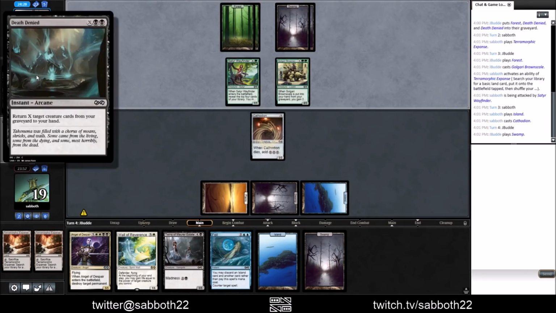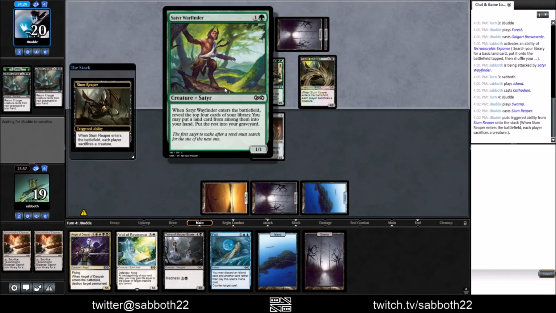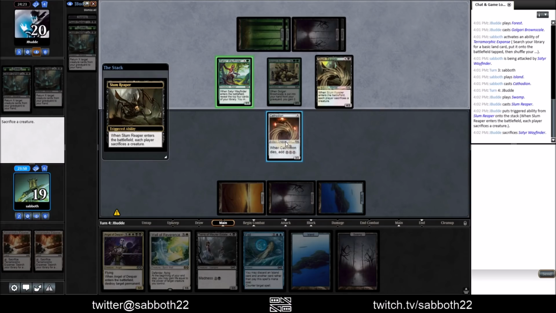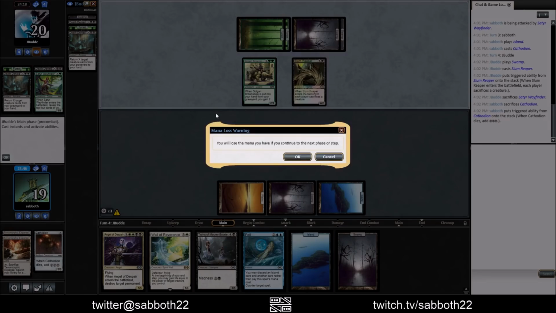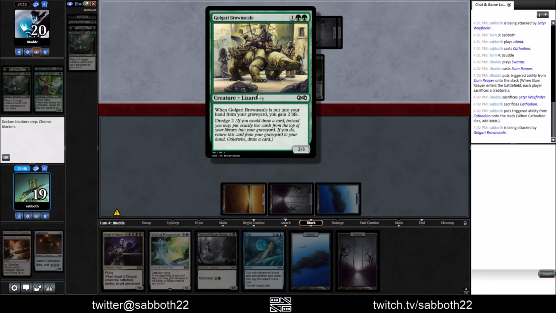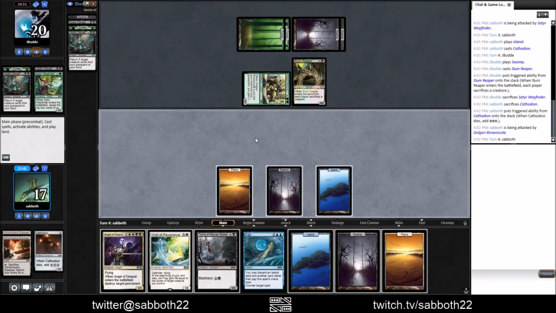What is going on here? How did they get so many cards in their graveyard? With the Wayfinder? Land to your hand, and they got a swamp to their hand. Okay. Sacrifice a creature? No. No thanks. Whatever. Slum Reaper. They call him a brown scale because of the colors of his scales. Alright. They think they're so tough, but what they don't realize